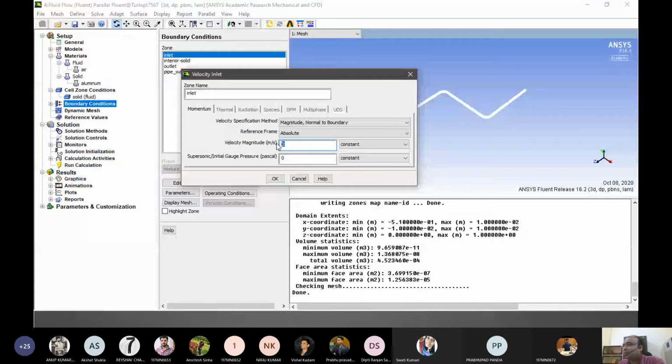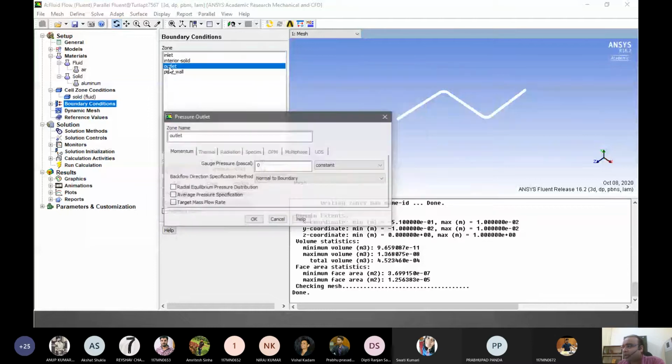If we had some other kind of analysis like thermal analysis or radiation analysis, all these things can be done here. Multi-phase analysis also will be useful in our case, like if we want to see how methane is being released inside, and with our ventilation how much methane is being dissipated. We can define that as well. So all these can be done. Click OK. So this was for inlet. Interior solid is okay, whatever is there.